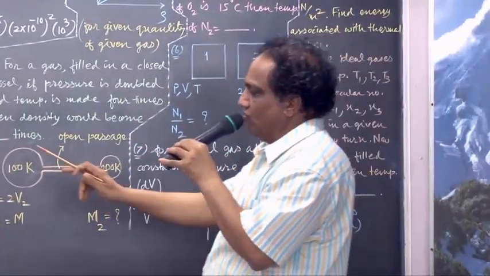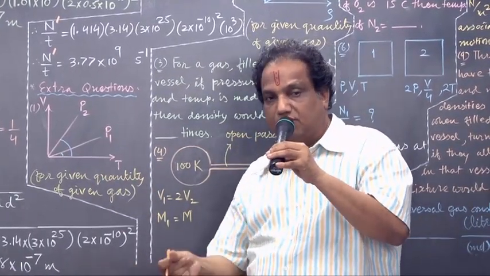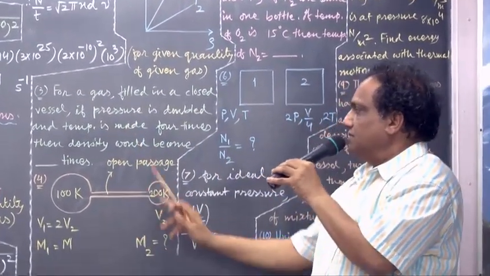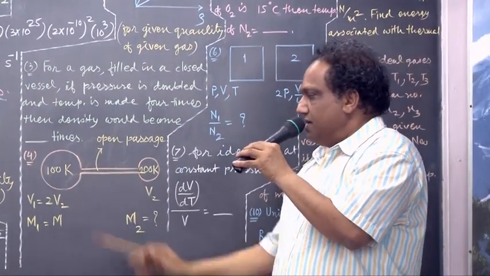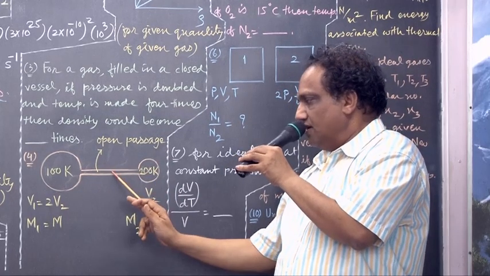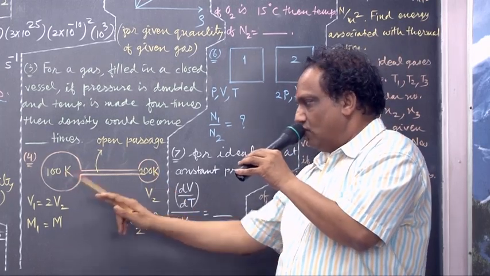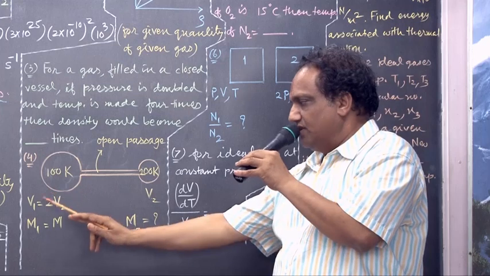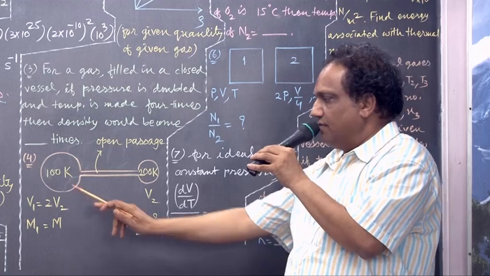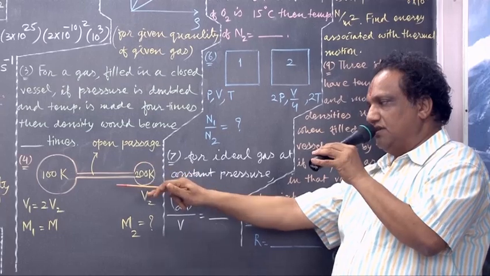See what you have to find out here. A relation between P1 and P2: which pressure is greater, which pressure is smaller. Similarly, the relation between two temperatures. Here you have to find out density, the final value of density. Here these two vessels are connected. This is a communicating vessel, here it is in the form of a tube. But the same gas is present in both the vessels. Here the volume is double this volume. Here the mass is m, then here the mass is how much? That is what you have to find out. Here the temperature is 100 Kelvin, here the temperature is 200 Kelvin. All the required information is mentioned on the board.